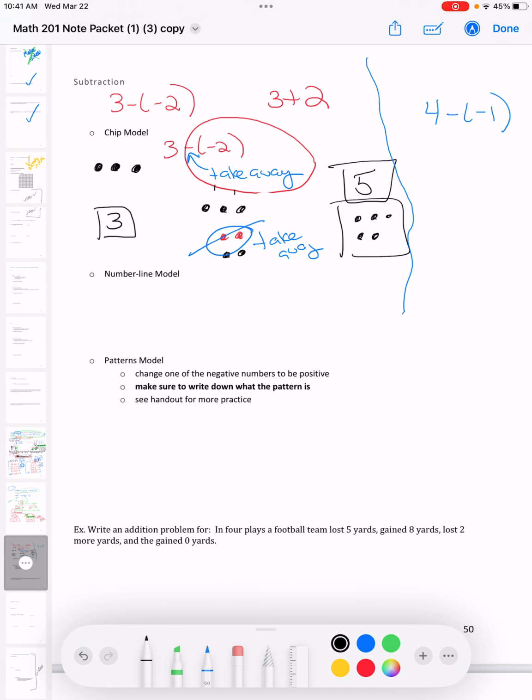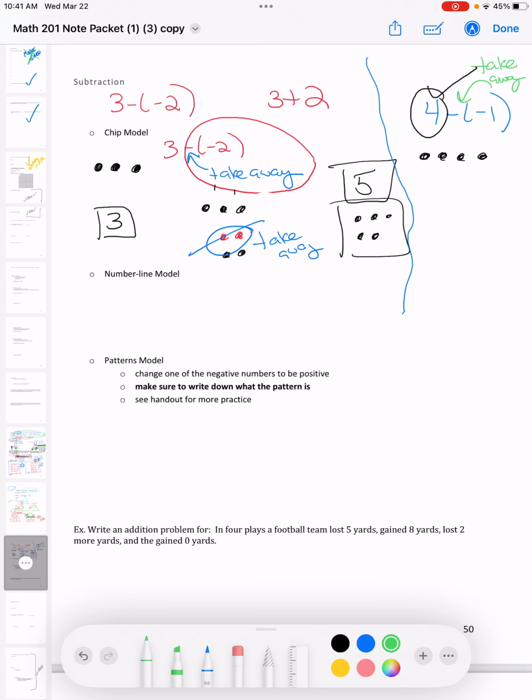All right, let's see how you did. If you haven't tried it, really and truly try this because we know what the answer is. See if you can work backwards and get the answer to work out. So I want it to be a value of 4. So I'll start with these 4 positives. There's my value of 4. I've got that. But I need to take away